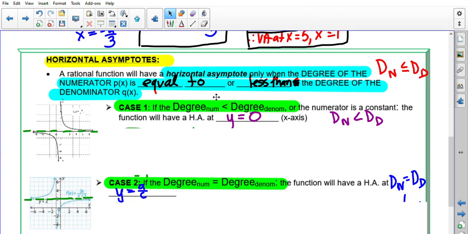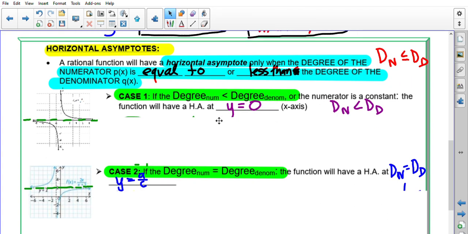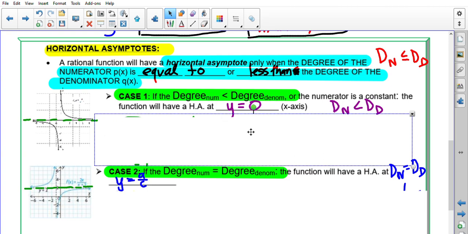All right, so let's go through the two cases. Case number 1 is if the degree of the numerator is less than the degree of the denominator. Another way of writing this is how I've written it here in purple: dn is less than dd. Then the function will have a horizontal asymptote at y equals 0 if this is the case. That's another way of saying at the x-axis. So an example of that